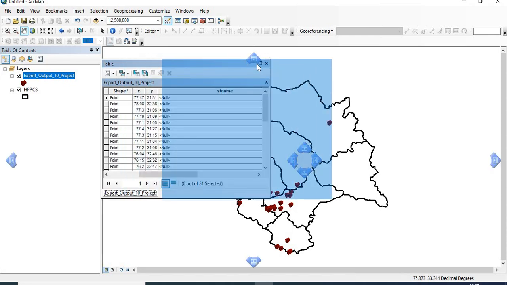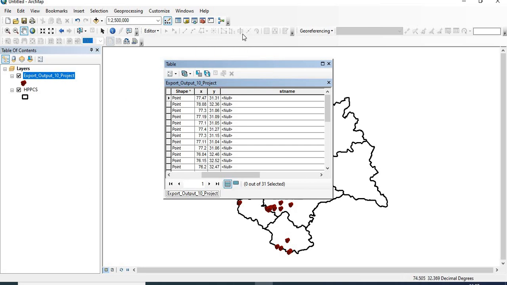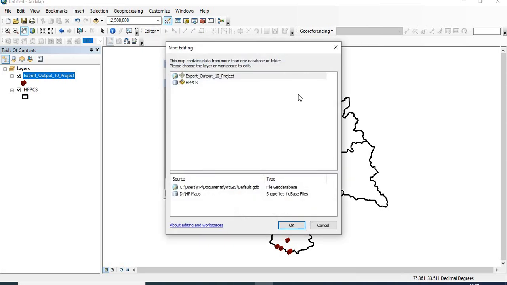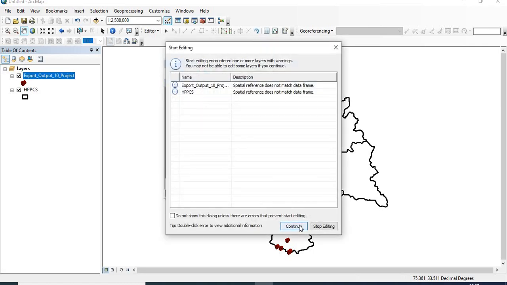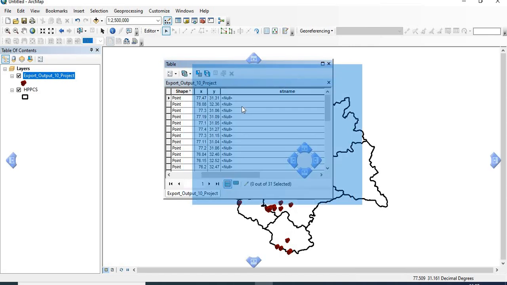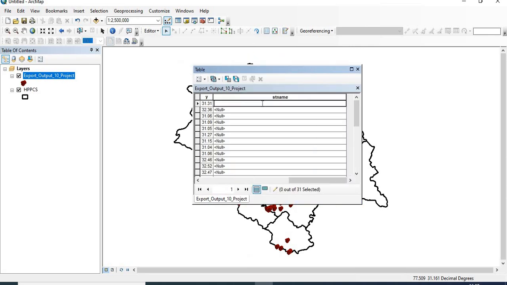Now we have to add the names of the students. So what is the procedure? Click on Start Editing. It comes from the Editor toolbar, select it and OK. Start editing anyhow, continue. So this is the first student.